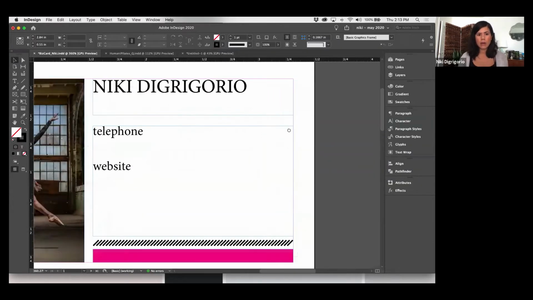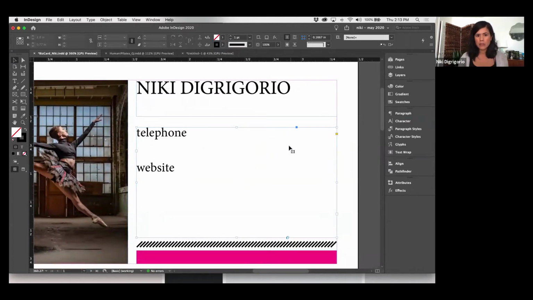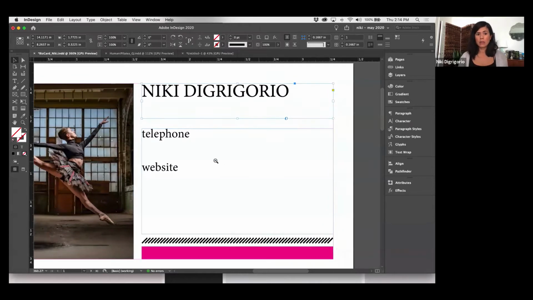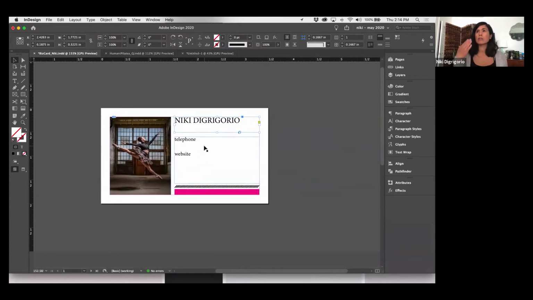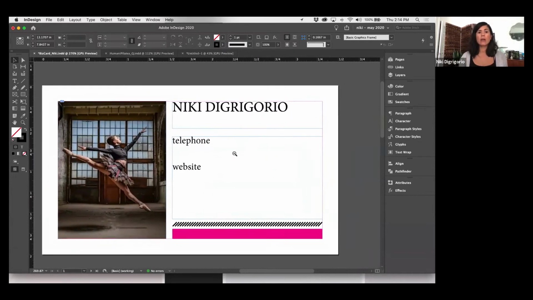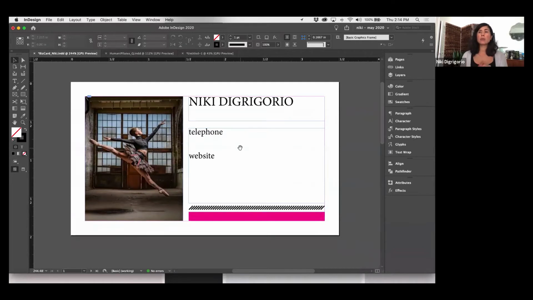And I've got my frame guides turned on, so you can see that my text also lives in frames, only these are text frames. So you've got an object frame and a text frame. Can you guys see that as well? So instead of text just sitting on an artboard, it's in a frame, which is fantastic for a publication, because you want to be able to work with your columns and to line stuff up and to make everything look